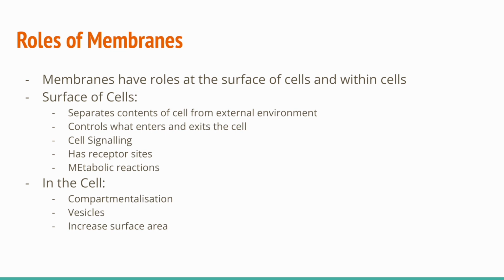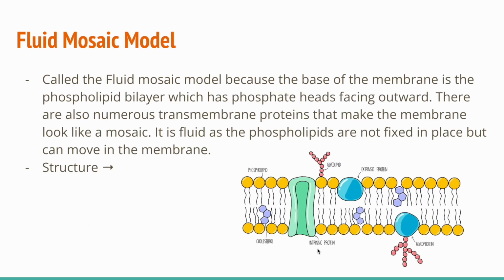Within cells, they play a crucial role in compartmentalization, ensuring that organelles can be separated from each other and the cell itself, and they can play a role in forming vesicles for exocytosis, as well as endocytosis. Within organelles, such as mitochondria and chloroplasts, they form a folded membrane and can play a role in increasing surface area. Moving on, when we refer to cell membranes, we often hear of the fluid mosaic model,